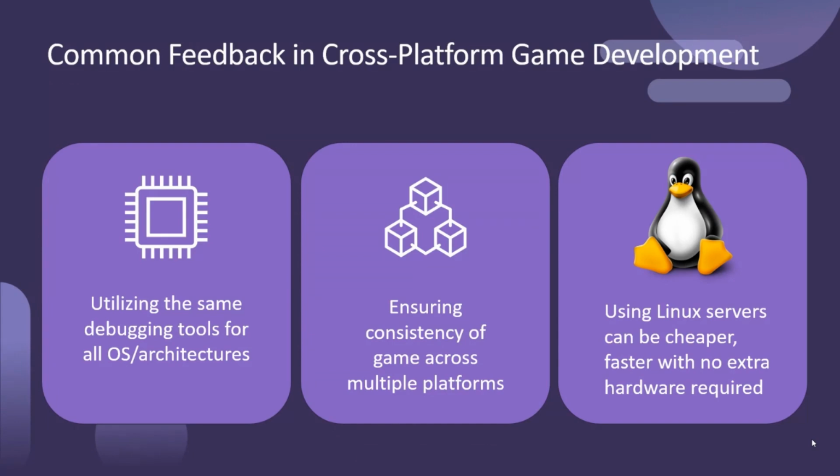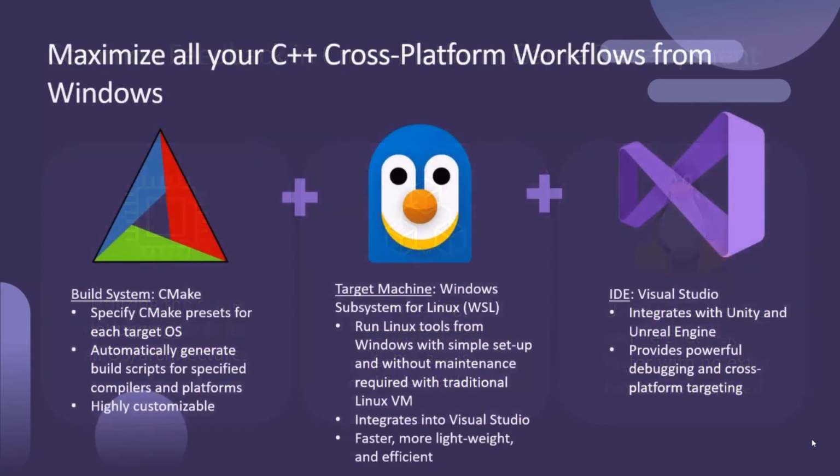To address these common feedbacks, we recommend that you use the following tools to maximize your C++ cross-platform workflows from Windows. So first, we recommend that you use CMake as your build system. And what CMake does is it allows you to specify CMake presets for each target OS. So if you have Linux